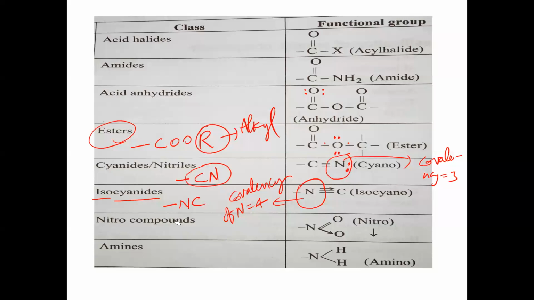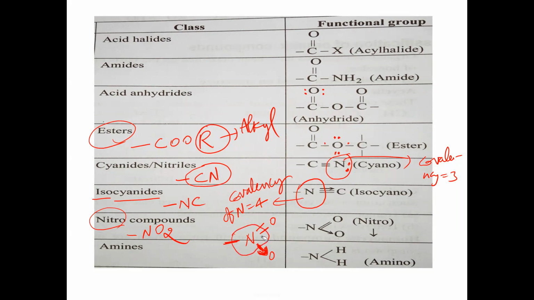Next, nitro compounds. What is the nitro group? Bond NO2. So bond NO2 group is called nitro group. In the nitro group here, see, bond N, double bond O is there, and dative bond O is there. So nitrogen has formed one bond on this side, and 2 covalent bonds with oxygen there, and 1 dative bond with oxygen there. So here totally around the nitrogen, how many bonds totally there? Tell me. Around this nitrogen, totally how many bonds?